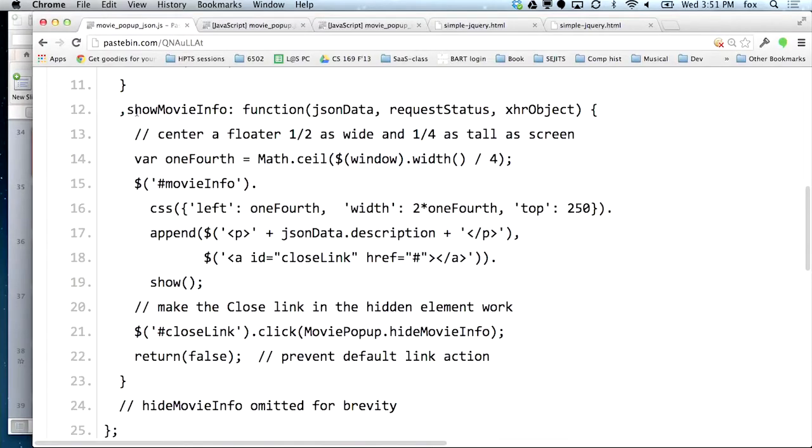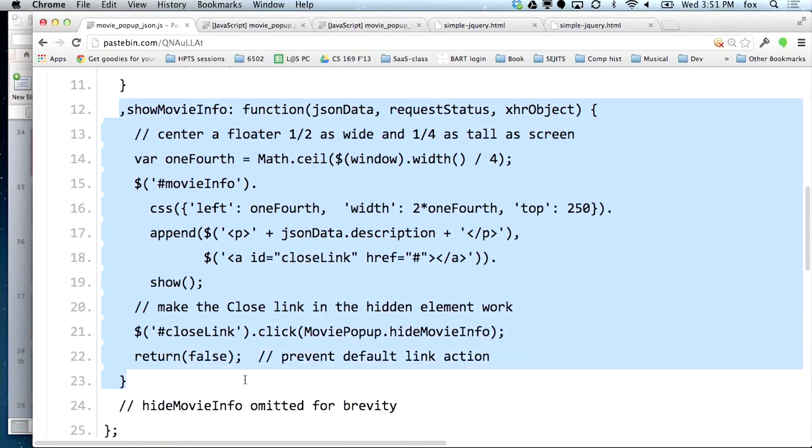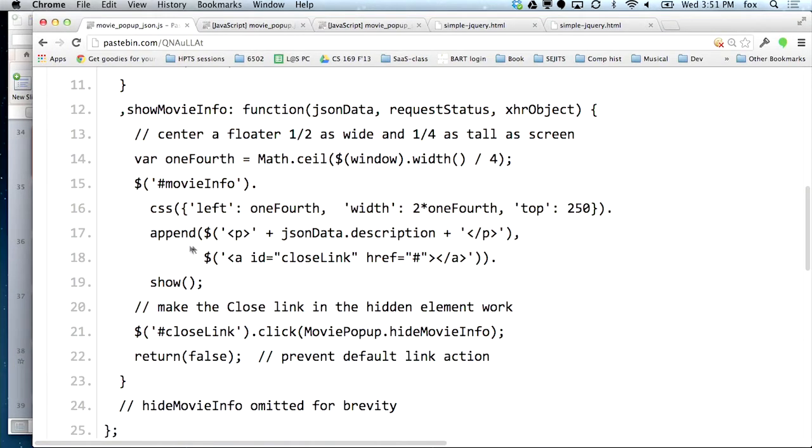So what would client-side code look like that was designed to work this way, as opposed to what we did before, which is the server sending back a chunk of HTML, and we're just going to kind of shove that into the page somewhere. Now we're getting back a data structure. So what might the code do differently in that case? And here's an example of it. So here's the same show movie info function that we had before, and the only difference is, if you remember last time, what we did with movie info is we just stuck in here the data that was returned from the server. In this case, what we're doing with movie info is we're getting some JSON data from the server,